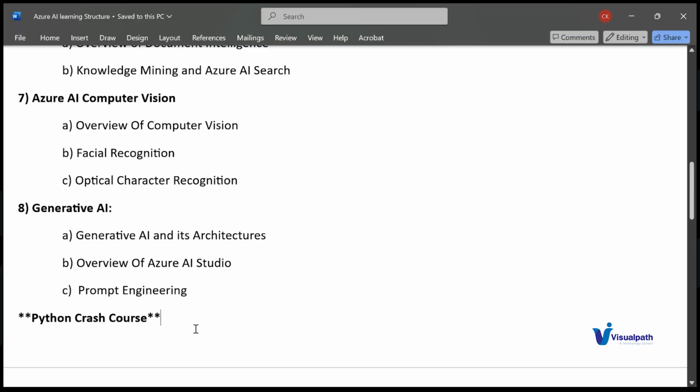So what you'll be learning in this Python crash course is the different types of data types in Python, like lists, tuples, dictionaries and sets. You'll understand what functions are, then the OOPS concept, and then how to install a library or package, how to import it and how to use it. The entire thing will be covered under the Python crash course. So no need to worry about the Python level or advanced level. There is no need to worry because the